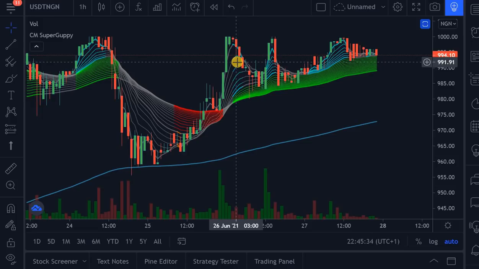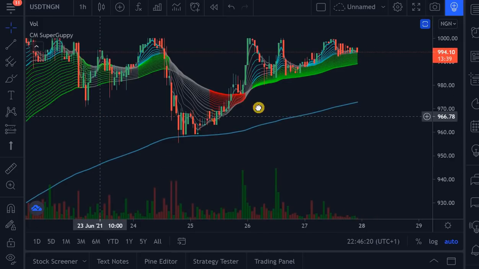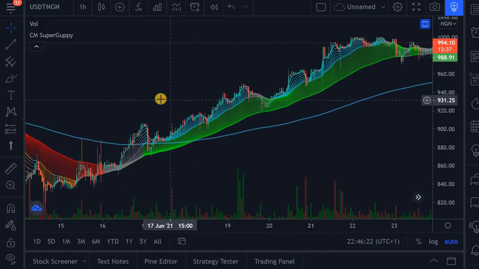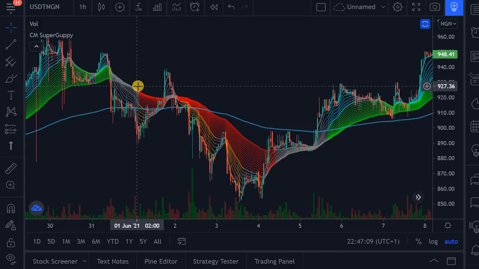Once you understand these 4 colors in this indicator, now it's time for me to show you how you can integrate this information with the USDT NGN pair. Now let's go back in price. We are going to start from the beginning of June 2021, and I am going to show you how this indicator has been very profitable in buying and selling. Around the 31st of May, you would see that there was an imminent change in price trend. The price went from a green to a gray, and after that there was a red color printed. Now the red color shows weakness.